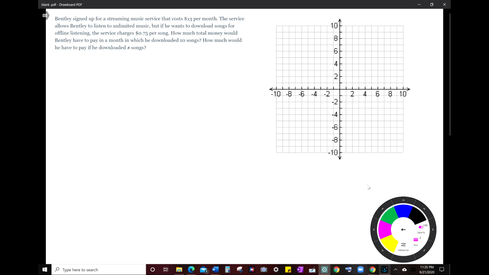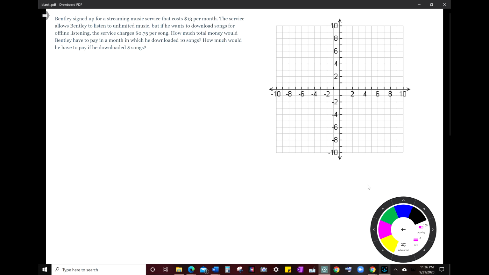I will show you how to solve a linear function problem in different ways. Or in other words, you can represent a linear function in different ways. Okay, so the problem we have today: